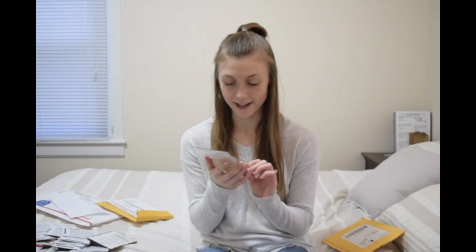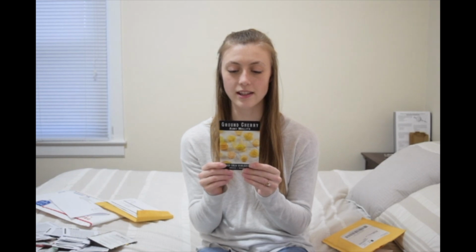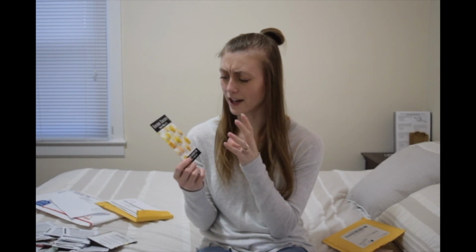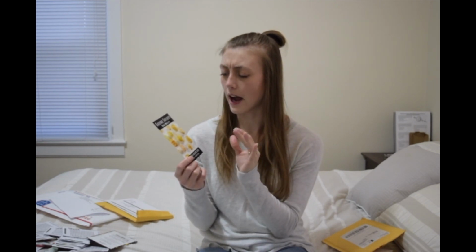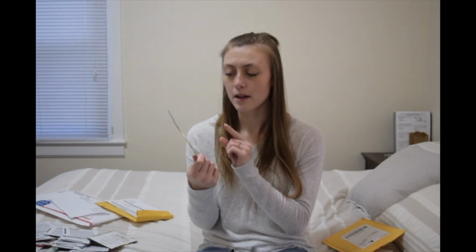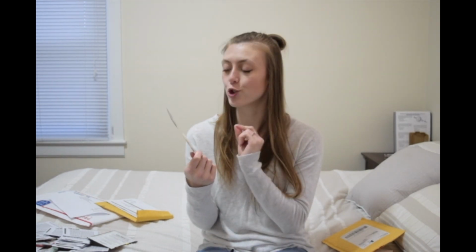Then I am so excited to try these. So these are Aunt Molly's ground cherries, and they are just these yellow little cherries that grow like in a packaging or like a shell that tomatillos almost grow in. Very similar, and they kind of just spread themselves all on the ground. So I'm using not only this as ground cover in a lot of our flower beds, but also I am 90% sure